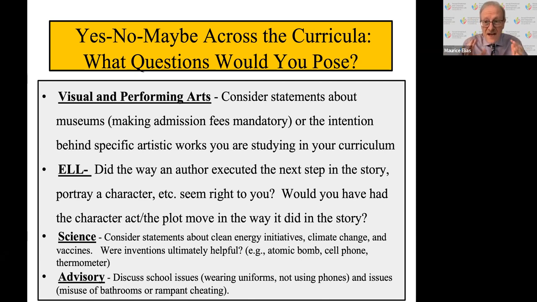I have listened to fascinating yes, no, maybes about whether inventions were ultimately helpful. Is the cell phone a helpful invention? Yes, no, maybe. Is the atomic bomb